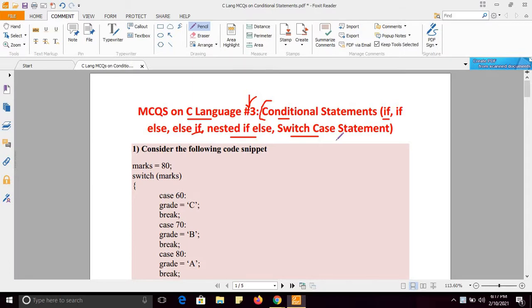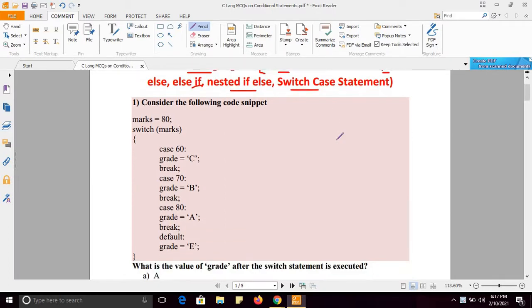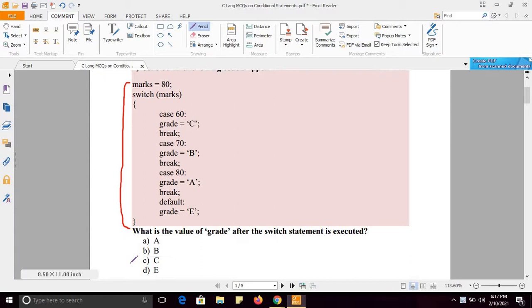So let us start. First question is, consider this code. This is the code. What is the value of grade after switch statement is executed? And you have the four options. When we execute this code, what will be the value of grade?